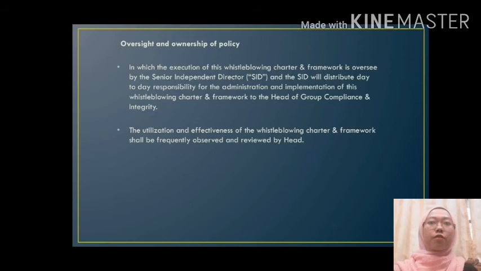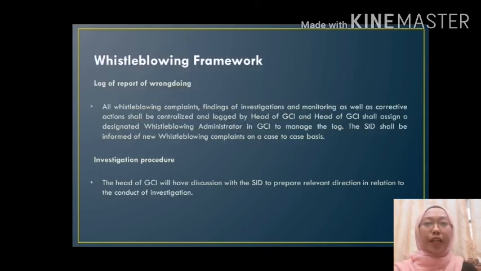All whistleblowing complaints, findings of investigation and monitoring, as well as corrective action shall be centralized and logged by the head of GCI, and the head of GCI shall assign a designated whistleblowing administrator in GCI to manage the log. The SID shall be informed of new whistleblowing complaints on a case-by-case basis. Secondly is investigation